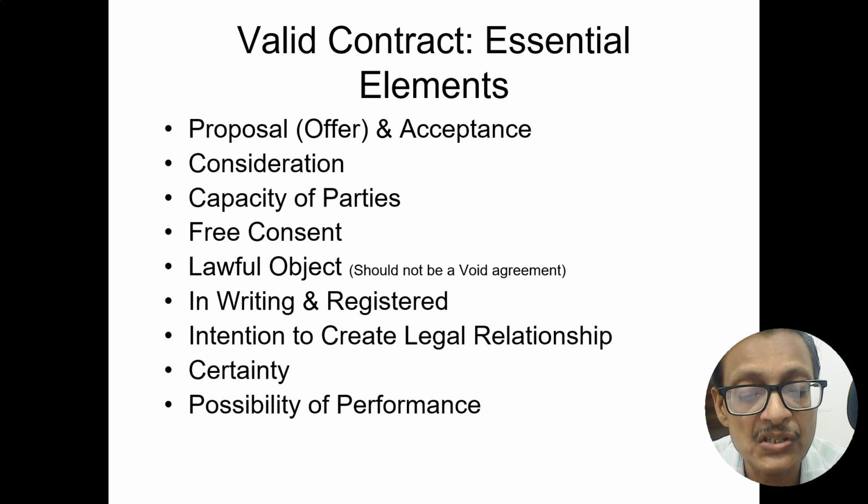Then in writing and registration, intent to create legal relationship, because when a contract is being created, we are not trying to create an illegal relationship. Here it has to be a legal relationship. For example, those who are in the mafia or who are doing smuggling, they have what you call an illegal relationship. Certainty means whether the contract is certain, whether the contract can be carried out, implemented at the perfect time or date, place, etc. Possibility of performance refers to whether the contract can be performed, right? It cannot be exaggerated, it cannot be unrealistic, it can be performed.